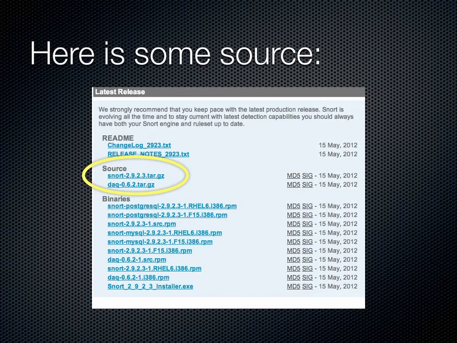But as Steve mentioned, sometimes the options you want are not necessarily there. There are often compile options that you can find in the executable or in the tarball. Usually in the README, it'll tell you what the options are. In Snort's case, in the snort.conf, there's a recommended list of options they want you to compile with.